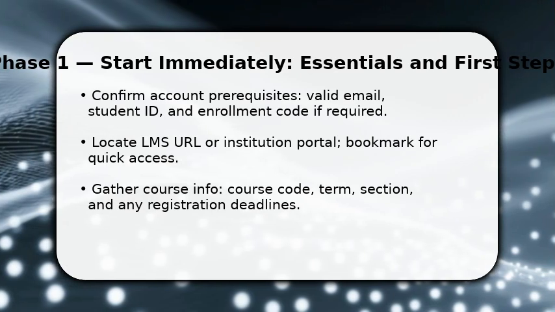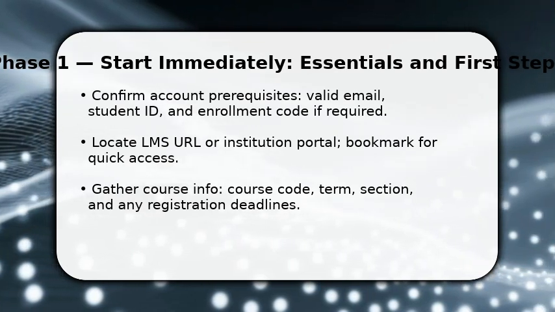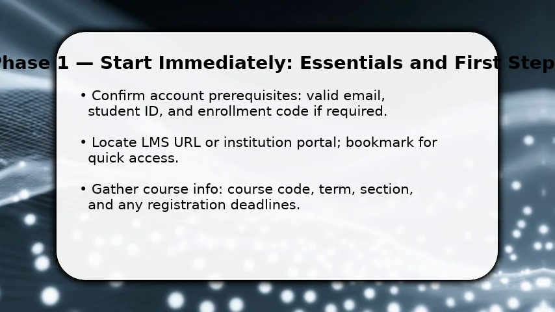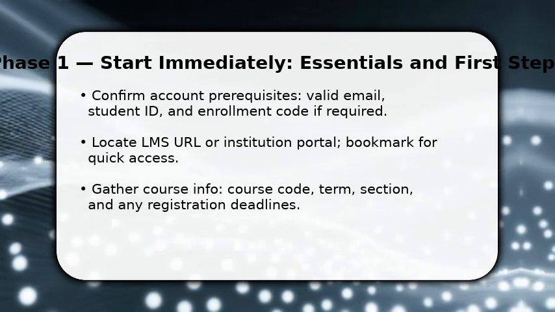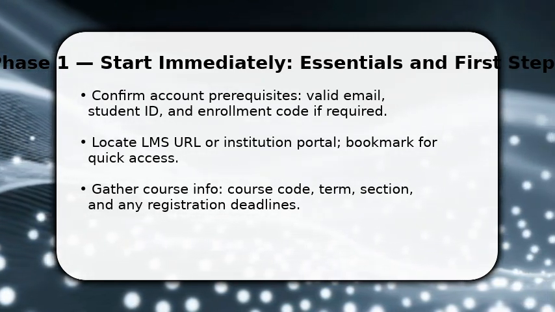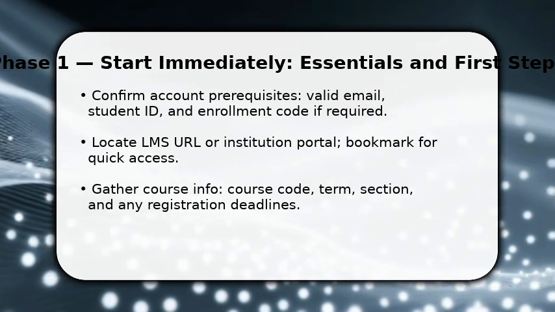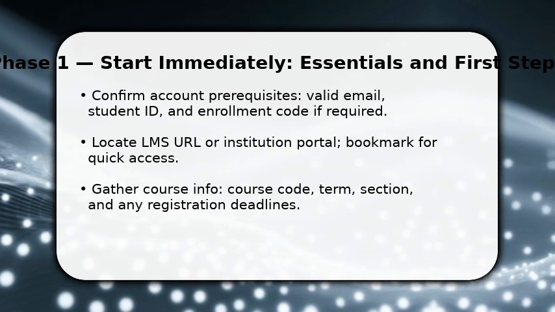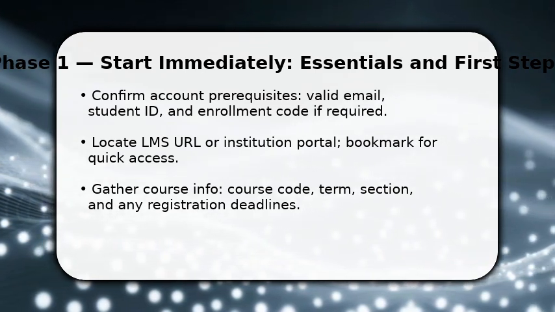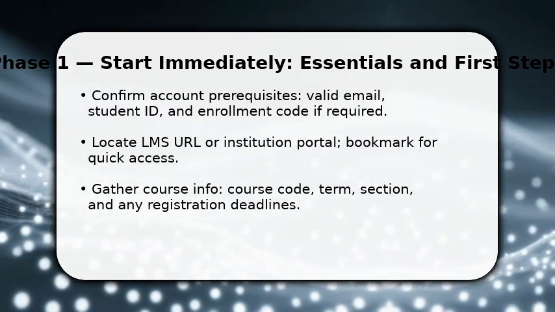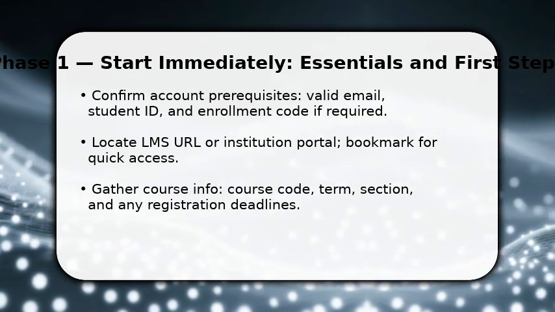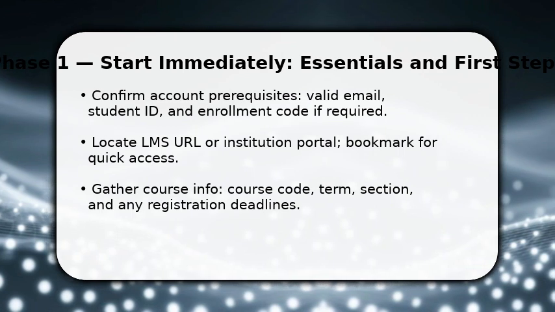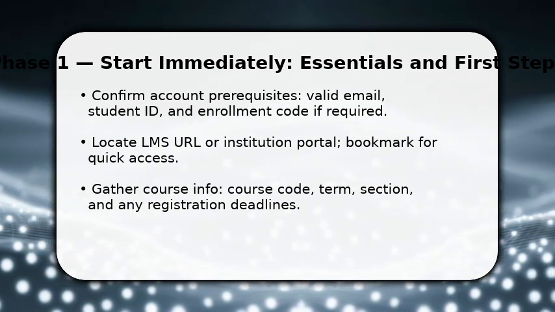You begin by confirming prerequisites: a working email, student ID, and any enrollment code. Once done, open the institution portal or the LMS URL and sign in with your credentials. Make sure to locate the specific course code, term, and section before proceeding, because preparation reduces errors. If you don't have an account, create one now. Follow verification steps. This first action gets you into the system quickly and prevents delays when you reach the registration